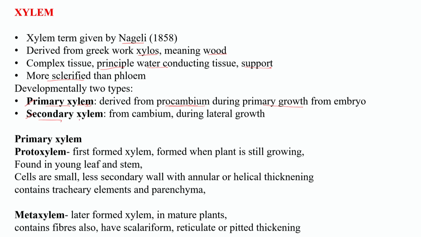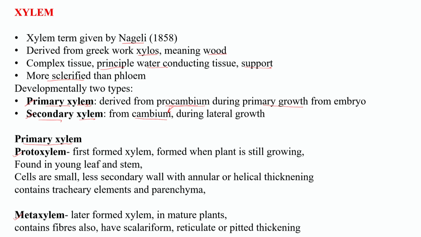Then secondary xylem will also be formed, but it will be formed later in the development of the plant from cambium. This cambium was produced from procambium during the lateral growth of the plant. Now in the primary xylem, the primary tissues, you have two types of xylem, protoxylem and metaxylem. They are all primary tissues, which means they are formed from the early